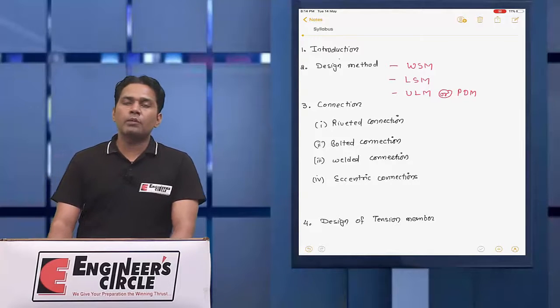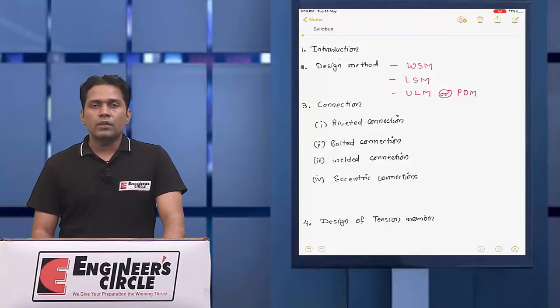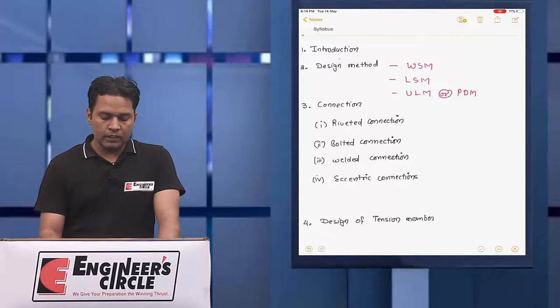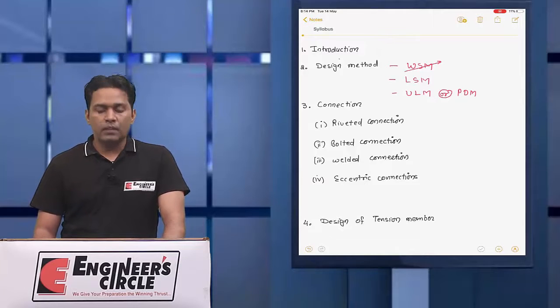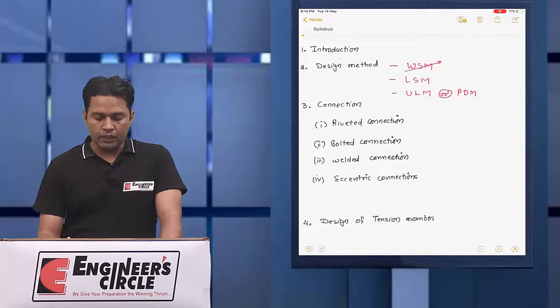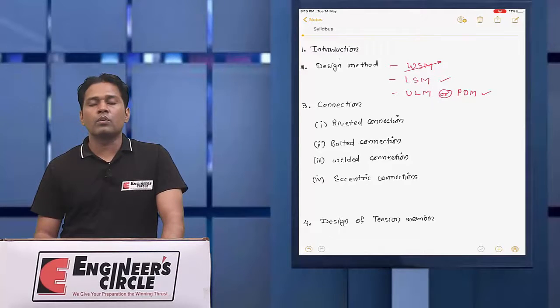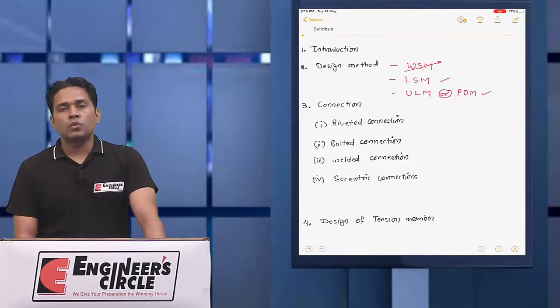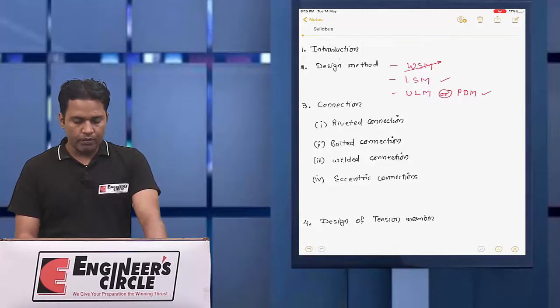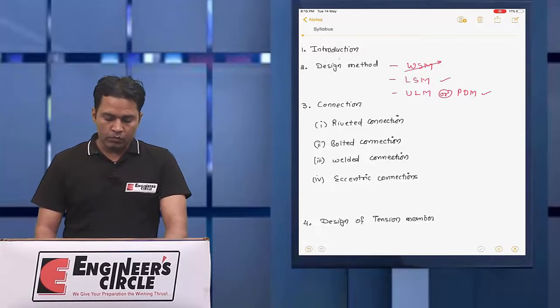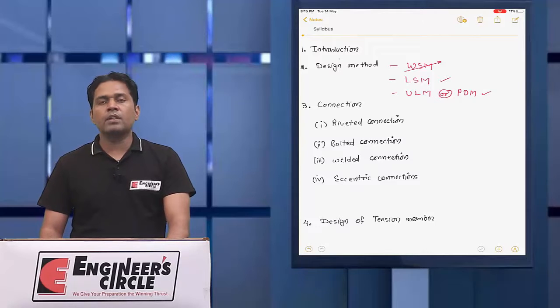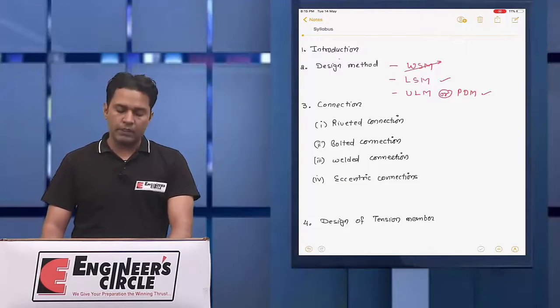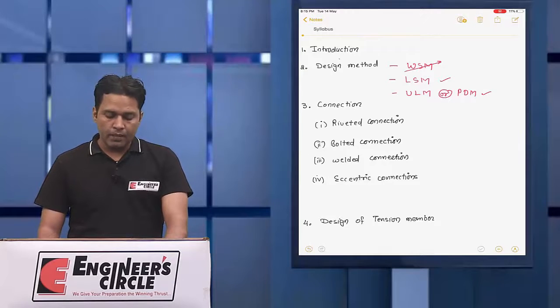All three methods are part of your syllabus, but in recent years no questions have been asked from WSM. Most of the questions were asked from LSM and the plastic design method only, or we can say plastic analysis, but still it is part of the syllabus. So we will go through all three methods, but we will focus more on the limit state method and plastic design method, right?